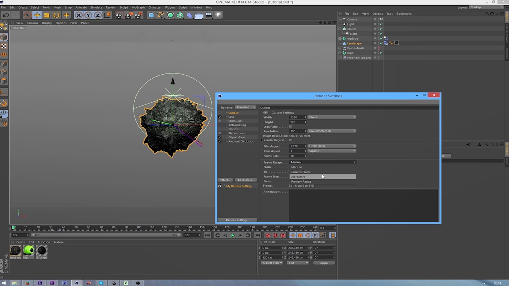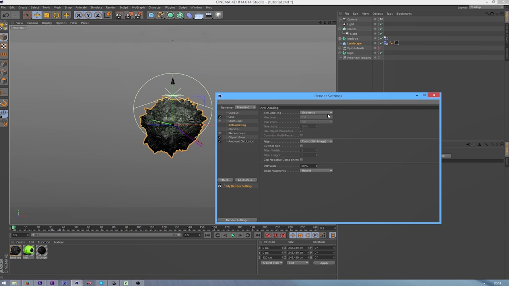seconds. If you select all frames, it will select everything in here, but I'm aware that there is a problem with like R12, and some people still use R12 because I used to, and there was a problem where you did current frame when you rendered something out. Sometimes it would say error, can't write to file, or something along those lines. And then in anti-aliasing, we're going to set the anti-aliasing to best,